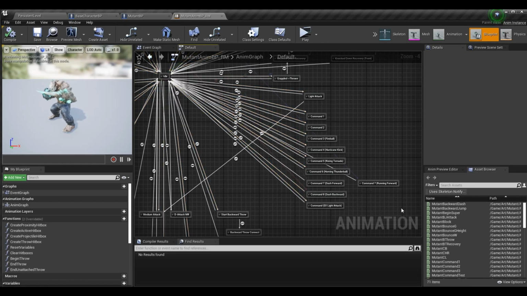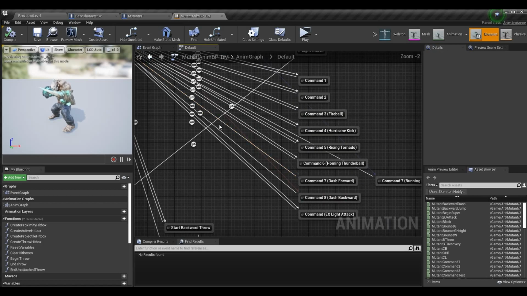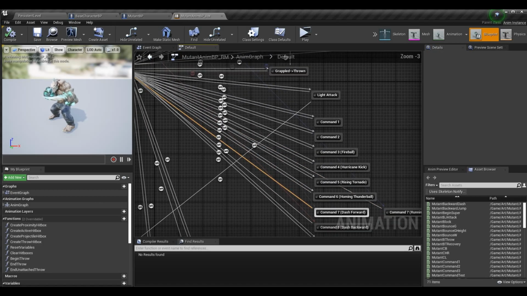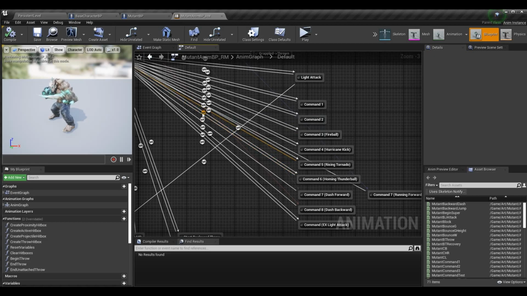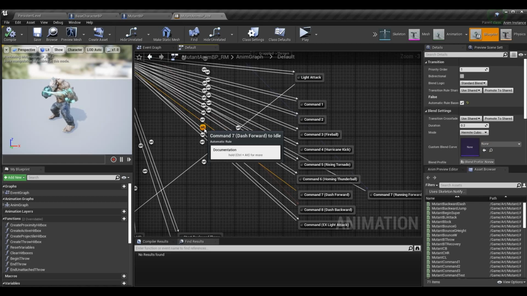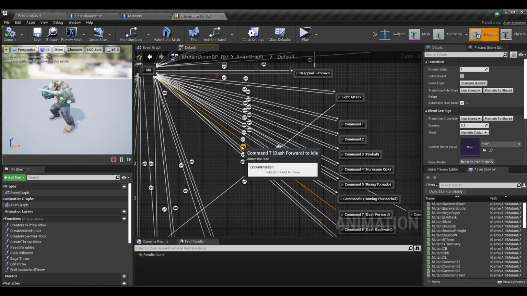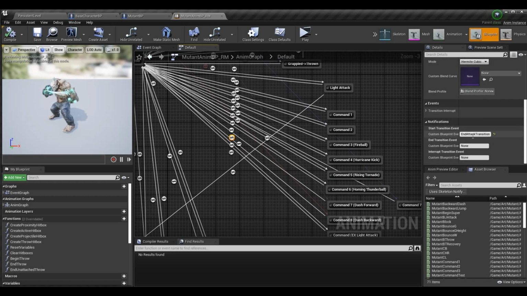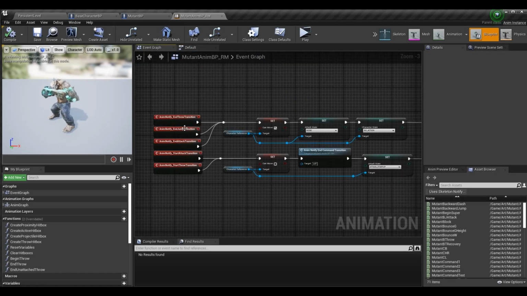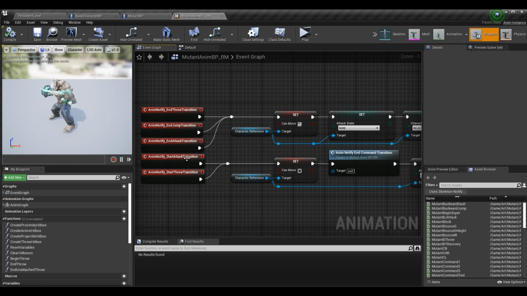Now, let's go ahead and take a look at the dash forward and dash backward to idle anim notifies and the transition logic. These had already existed prior, which is why I'm going to cover them first. Then we'll get into the run. So I do have dash forward back to idle, that transition. That is currently automatic rule based, and I'm using my end attack transition start transition event. So end attack transition is something we've set up in the code a long time ago, which determines what should happen when we return to idle